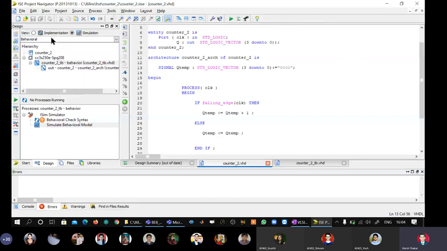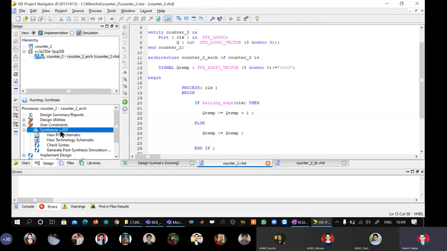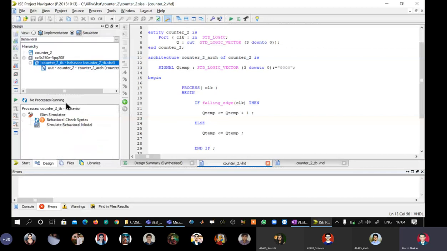Because we have changed the logic now, again you have to resynthesize it and it becomes scalable. So now we are expecting our counter's output to go from 0 to 15 and roll back to 0. It is 0 0 0 0 to 1 1 1 1 and roll back to 0. Go to simulation and check syntax. And we are through.